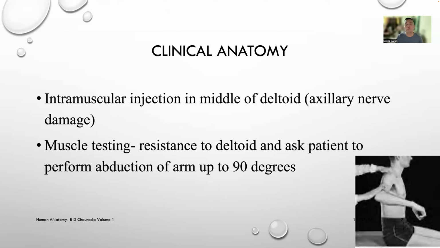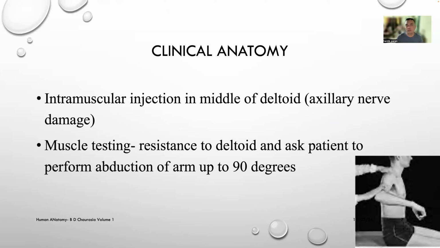That is why it is very important to give the injection in the middle deltoid rather than in the anterior or posterior part. So the intramuscular injection is given in the middle of the deltoid, and that's why we can prevent axillary nerve damage. The other thing is, if you want to know